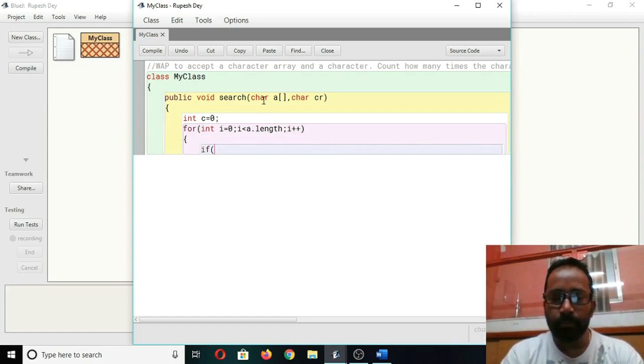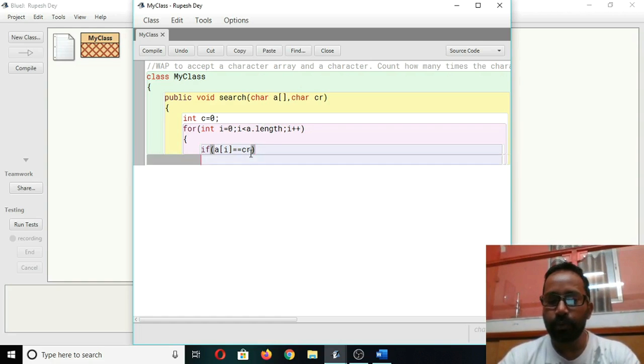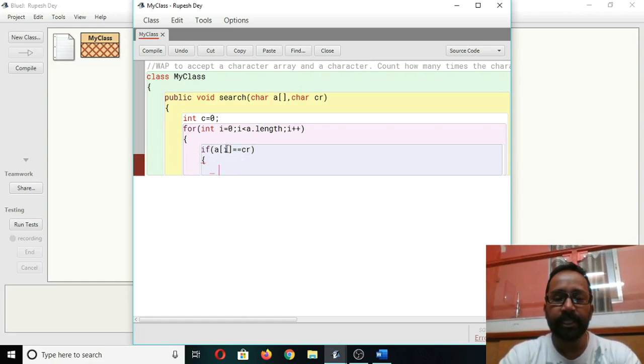Then you take out one by one each and every element value with this statement and compare with cr. So sequentially we are taking out each and every character value from this character array and comparing with cr. So if anywhere match found, means cr is present at i index, we have to print the position.